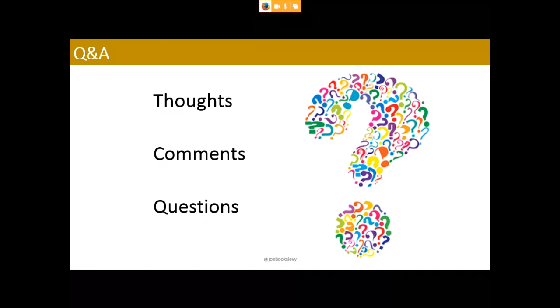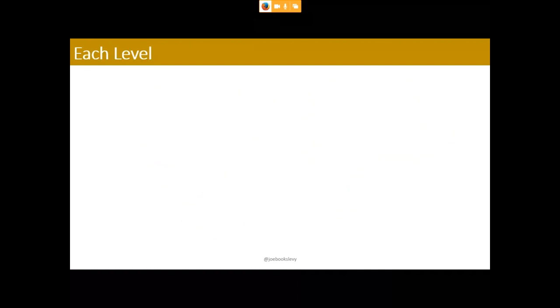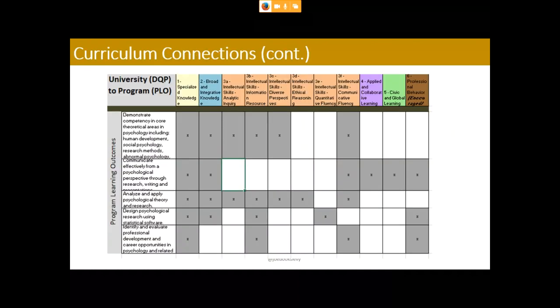I'm sorry, it's not totally clear in the second map. Can you go back to that? Can you just explain? Is that map showing where the program learning outcomes are mapped to the gen ed outcomes? Is that what that's showing? Yeah, that's a good way to think of it. I mean, they're not our gen ed outcomes, but for you all, it would be.